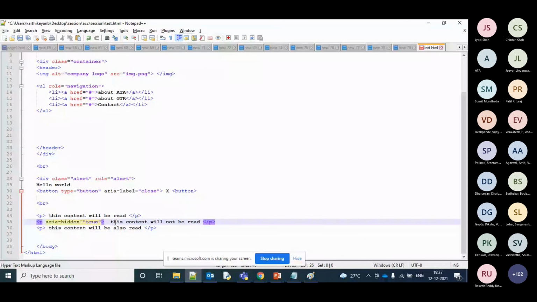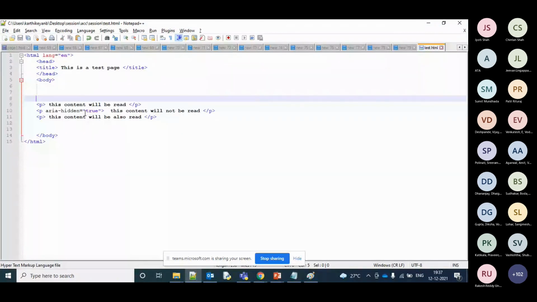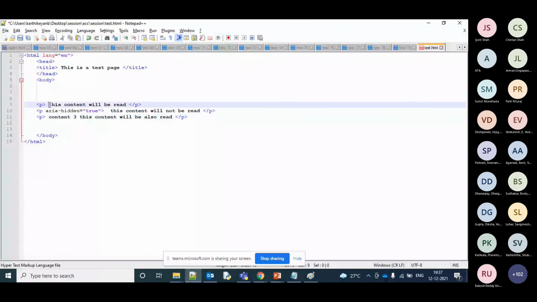Let me cut this for the time being. So you can see this one will be read. This one is just for better understanding. Content one, content two won't be read.